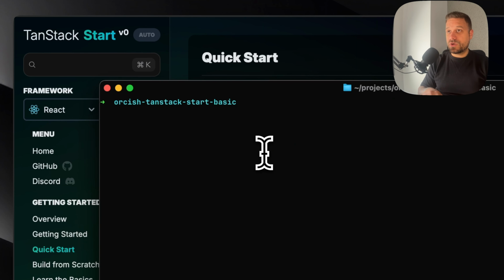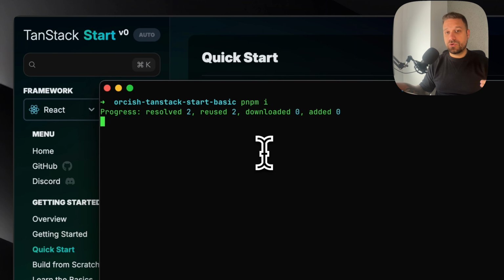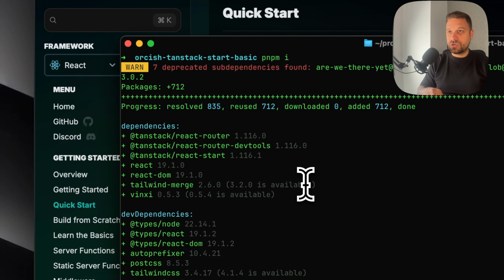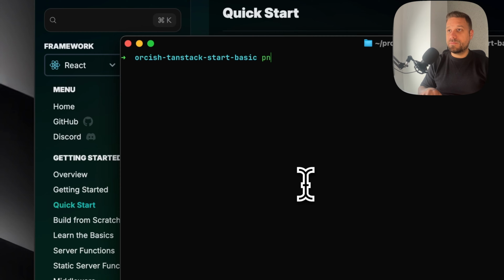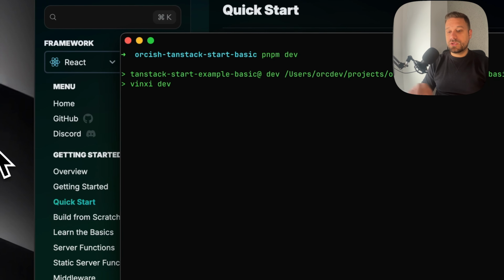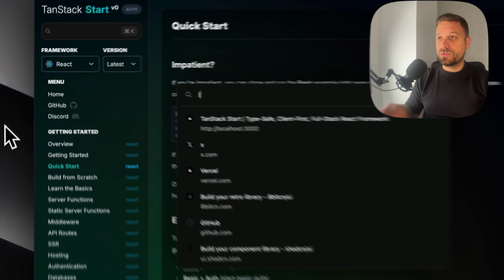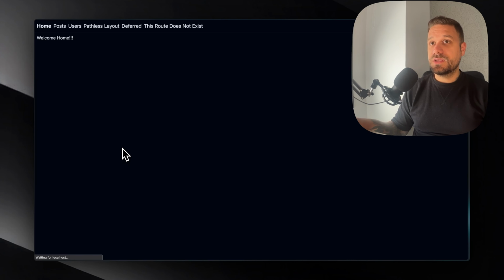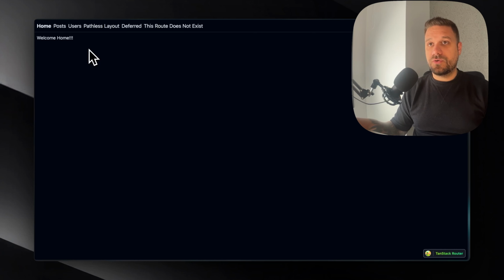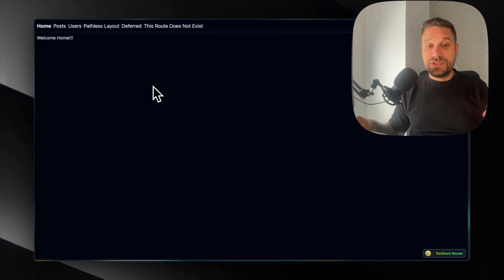Now I'm going to run pnpm install to install all the dependencies that we have on that repo. There it is, everything is installed, and now I can run pnpm dev. So we can go here and open our localhost 3000, and we have here our fresh copy of TanStack Start up and ready. And this was an easy part, anybody can just clone the repo,